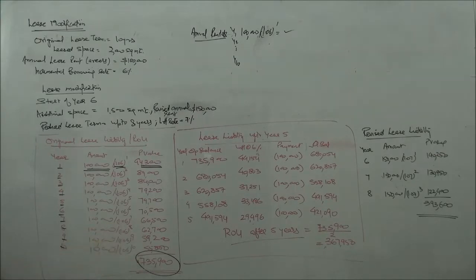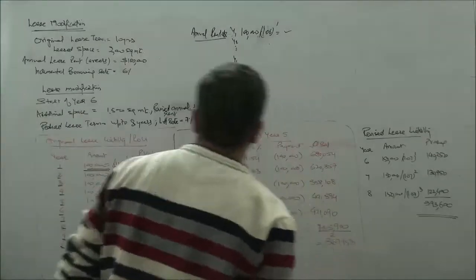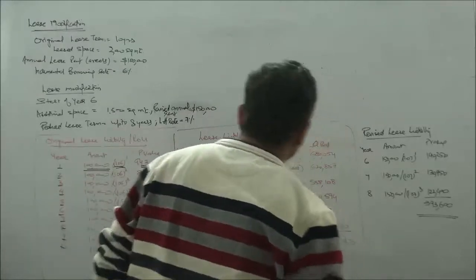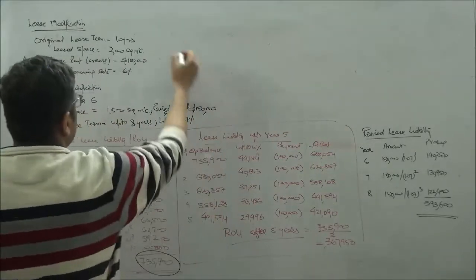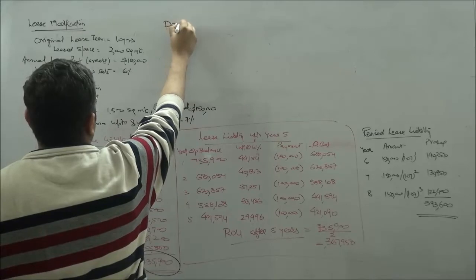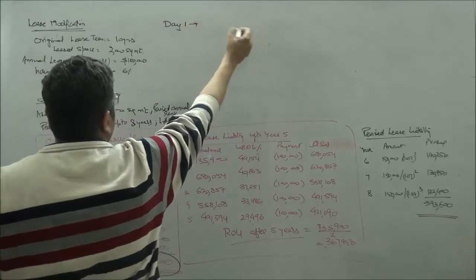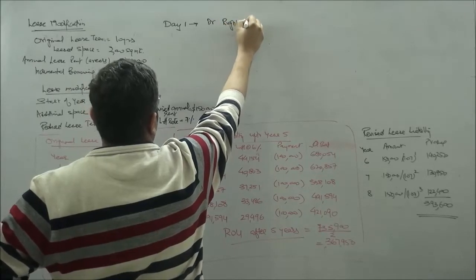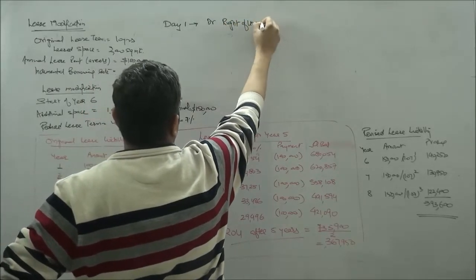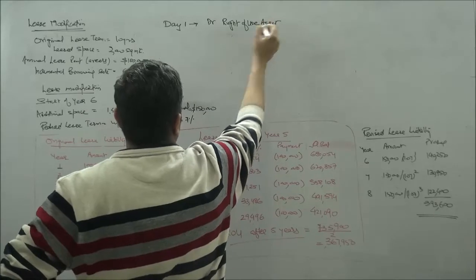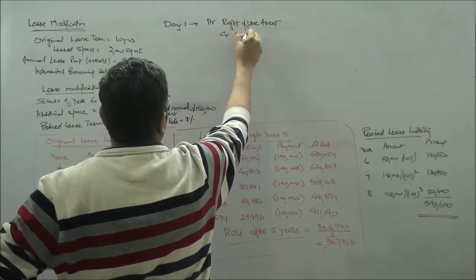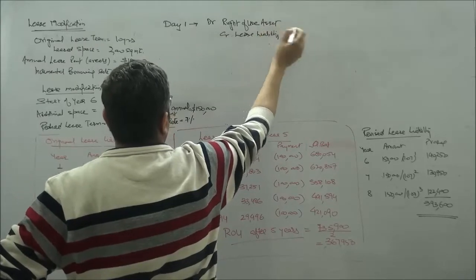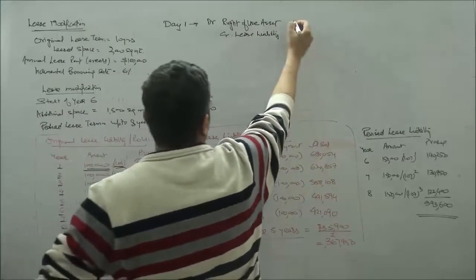So the first entry that I would be doing, when I recognize my initial lease liability and ROU, is on day 1: debit right of use asset and credit lease liability